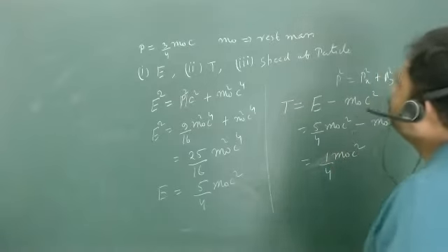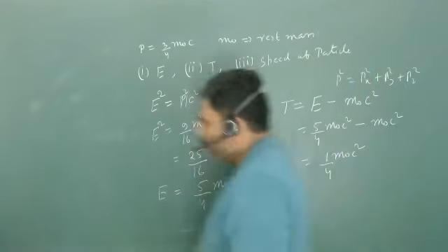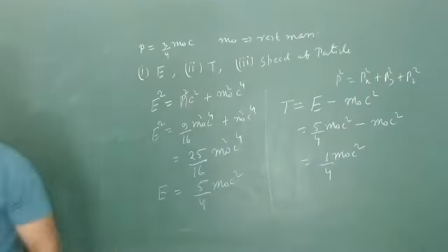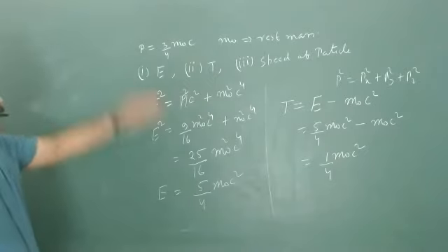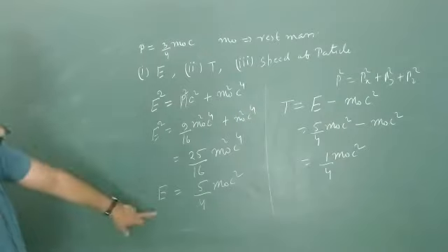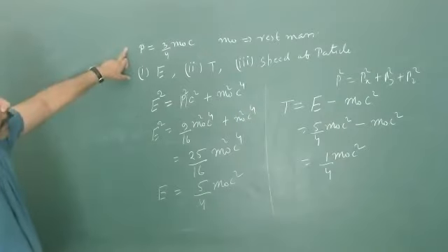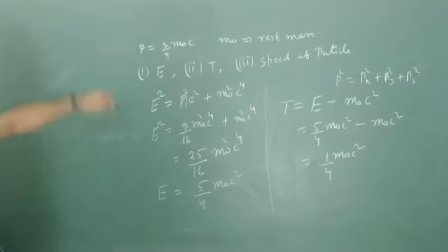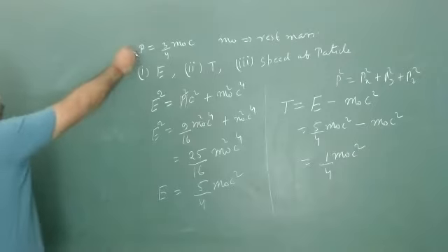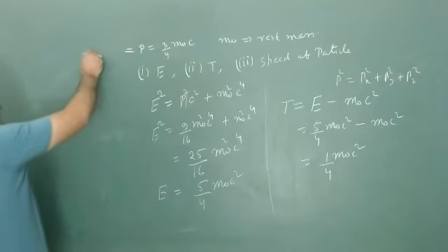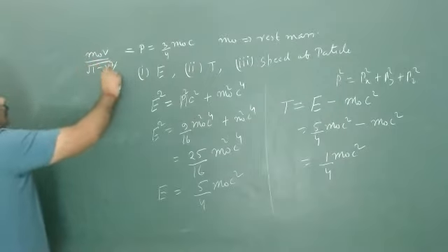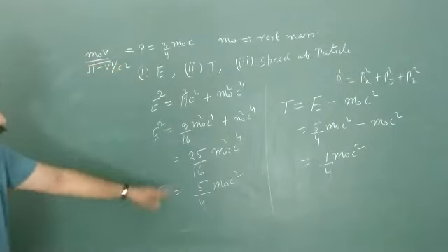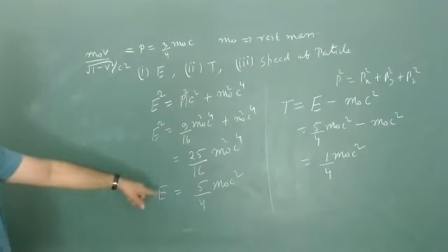Okay, and last one, we want to calculate the speed. You can calculate the speed from here also, from anywhere you can easily calculate. I am calculating it here. You can verify as homework from here. So here you will use which formula? Here you will use m naught v over root under 1 minus v square upon c square. But I am just going to use this one because for me this one is a little bit easier.